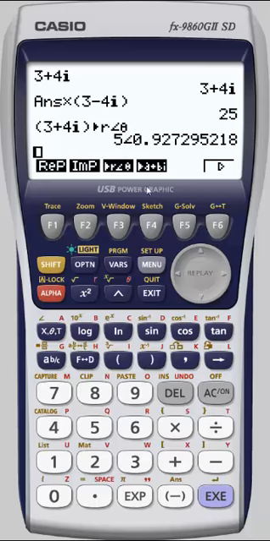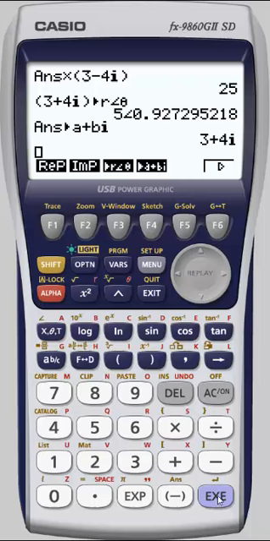Execute. So our radius is 5 and there's our theta in terms of radians. If I press this key, it will automatically grab the answer from the previous line and try converting that back to a plus bi form. For more options, we move over here and we're back around to the initial menu we were looking at. We'll again hit exit to back up.